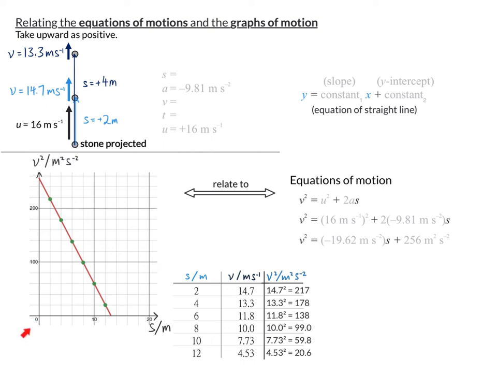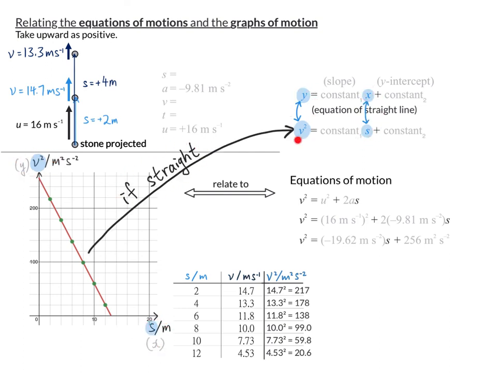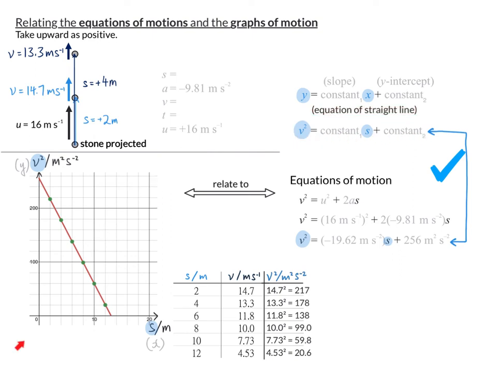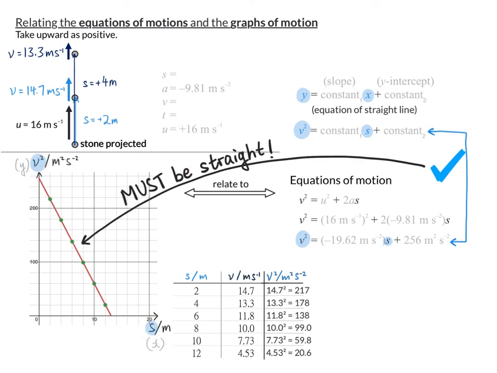Note that in the graph of V squared against S, V squared as a whole is like Y and S is like X. If this graph is a straight line, V squared must be equal to a constant times S plus another constant, that is the equation of straight line. Is it now? Observe this equation relating V squared and S. Indeed, V squared is equal to this constant negative 19.62 times S plus this constant 256. It indeed satisfies the equation of straight line. So we can tell that such a strange plot of V squared against S is really straight by just looking